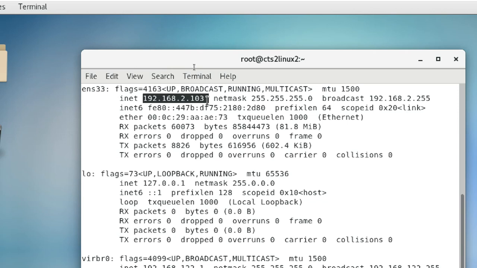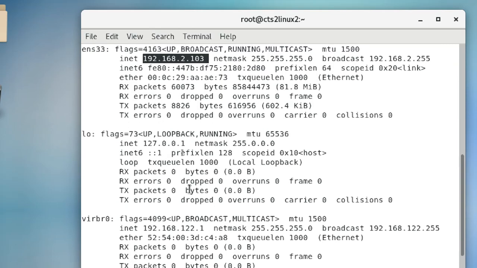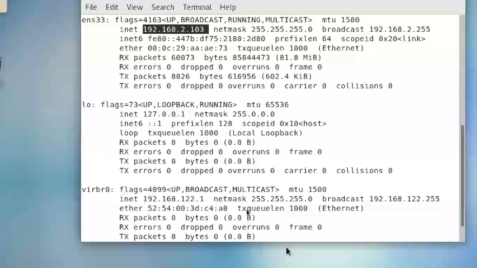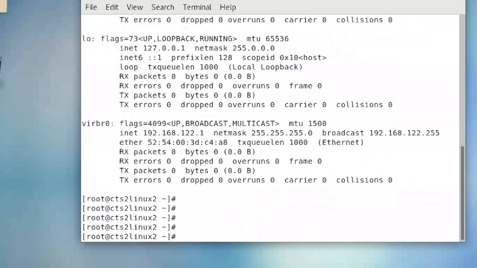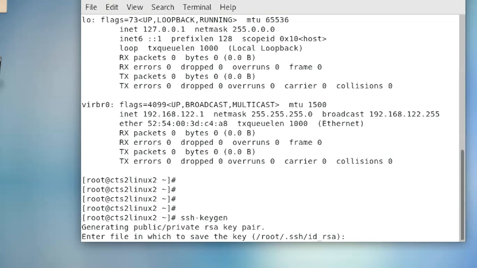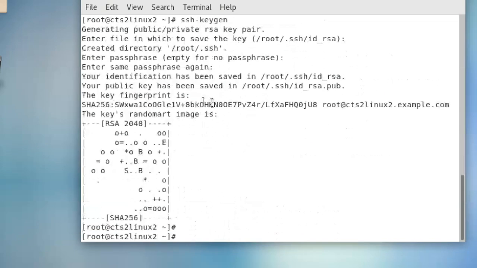So this is my IP address. If you want SSH, run ssh-keygen, enter, enter, and that's it.